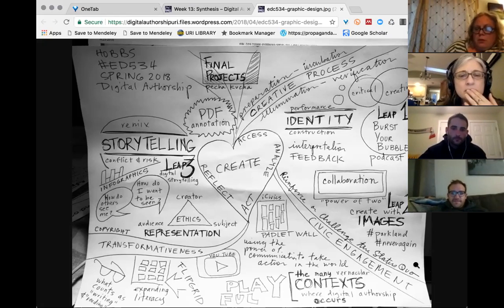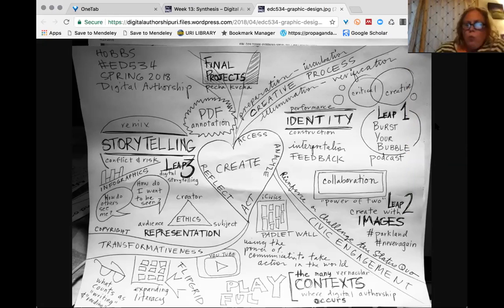What parts of this drawing can you relate to? Pat? What struck me about the drawing when I saw it earlier was that everything is connected to everything else. Like we say, everybody learns from everything else. You really can't do one part without another part and another part. And you can't even do one thing without it all connecting to everything.